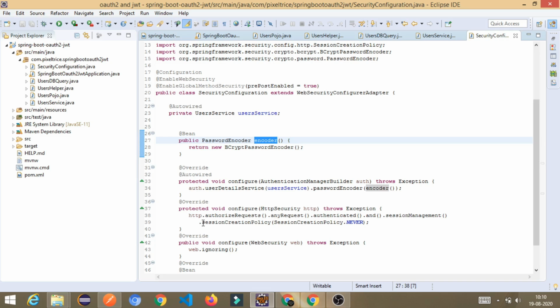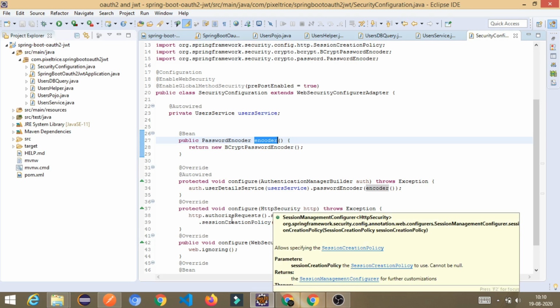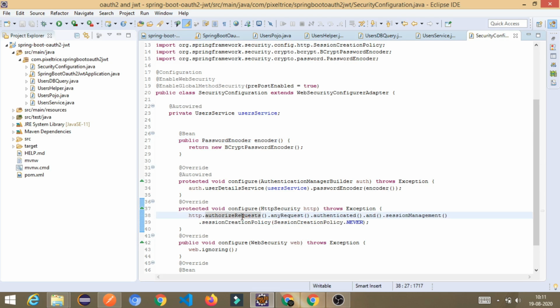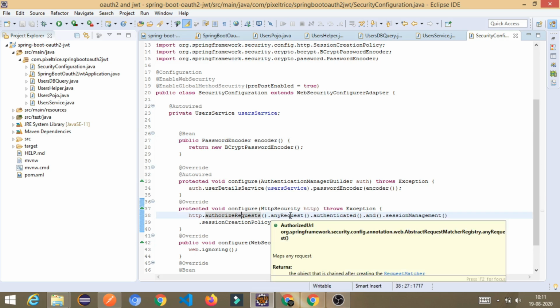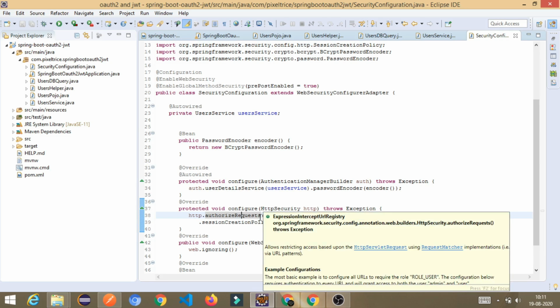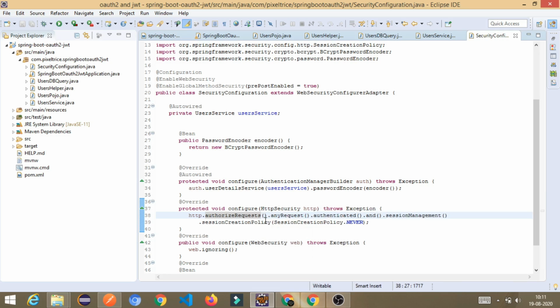In this method, for every HTTP request which comes, it should be an authorized request, and at the same time we authenticate it. Then we call the session management, and the session creation policy we have set as never.